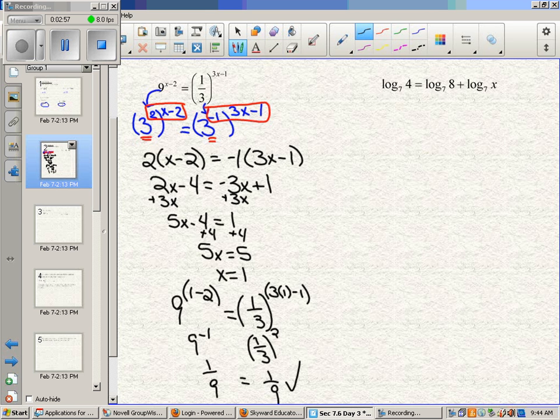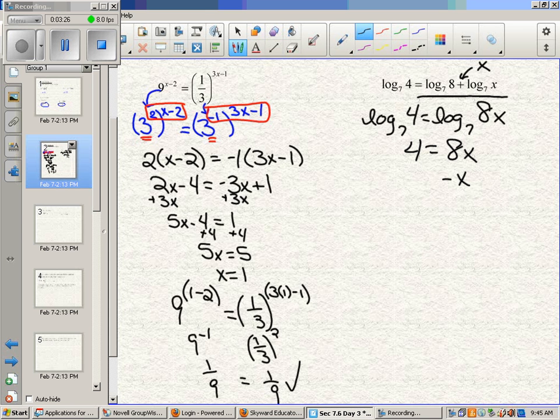Yeah? Okay. I have logs on both sides. So in order to be able to say this thing equals this thing, I have to have only one log on both sides. So what do I have to do on the right-hand side to make that into 1? So we condense, which is multiplication. So the plus means to multiply. So log base 7 of 8x. So then now what can be equal to each other? 4 equals 8x. So x is